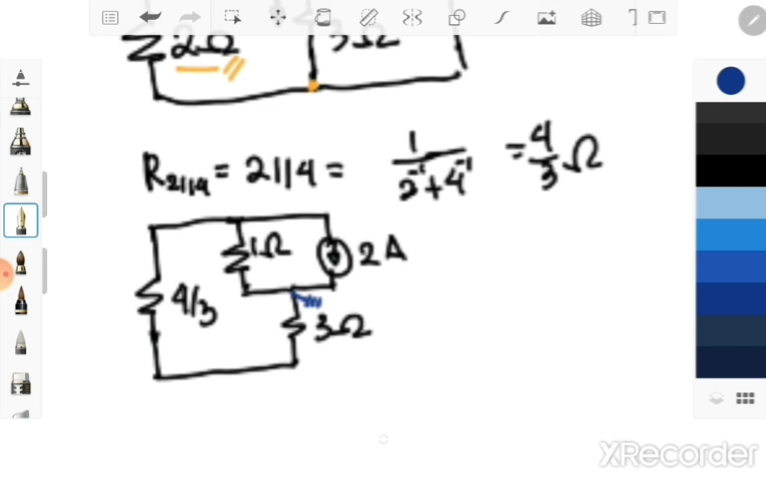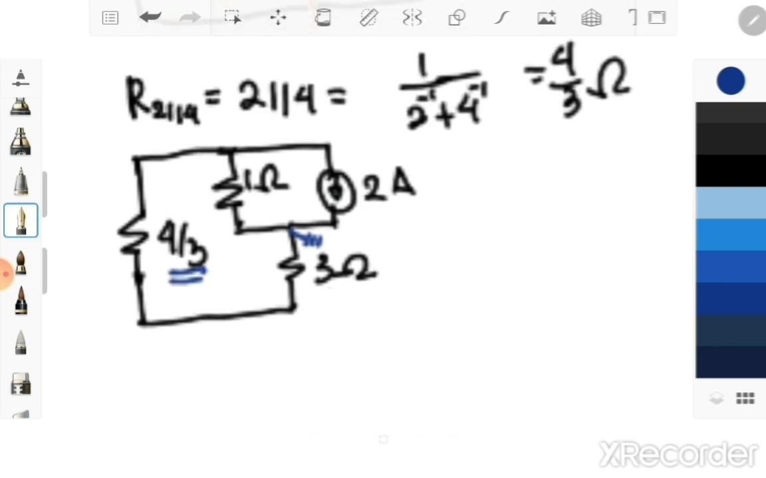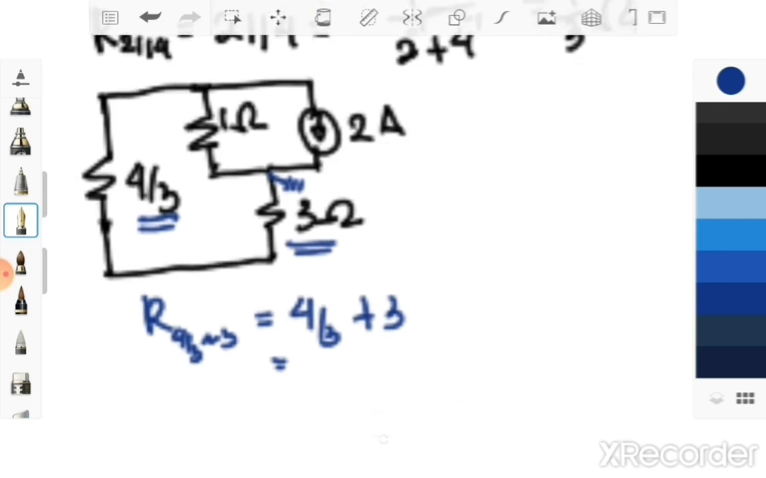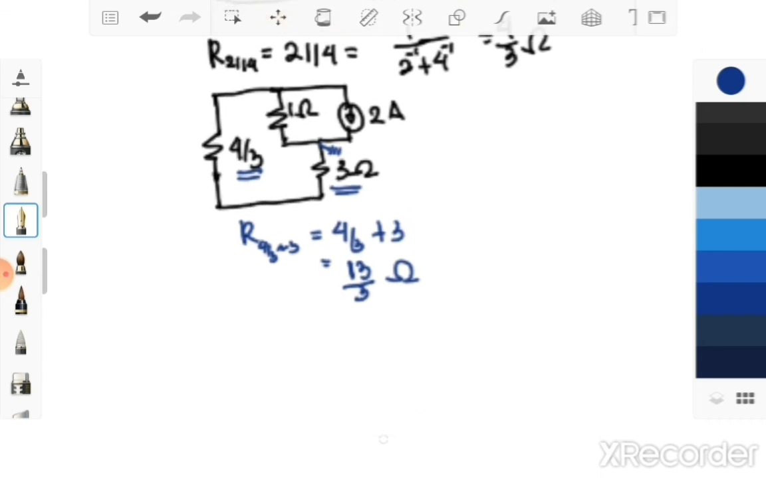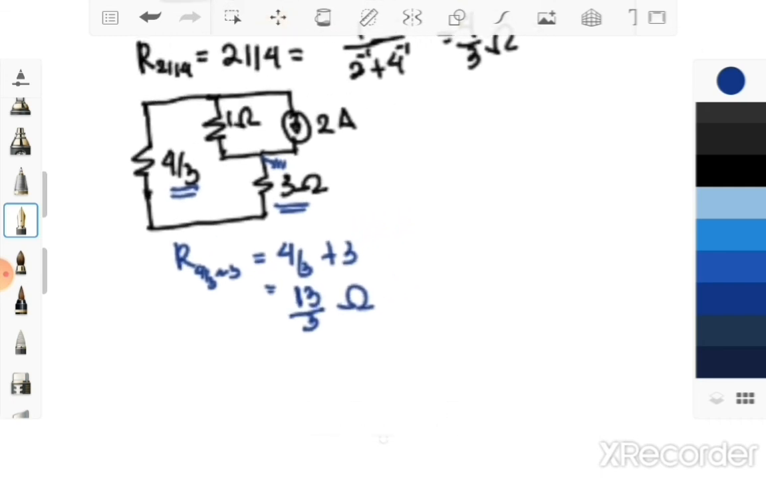Knowing that that would be your ground, you can see that your 4/3 and your 3 ohm resistor are in series. So 4/3 in series with 3 is equal to 4/3 plus 3, which is equal to 13/3 ohms. So mapapansin mo, this is equal to 13/3 ohms. Okay, so after that we will use your CDT, or to make sure, or para mas sure,